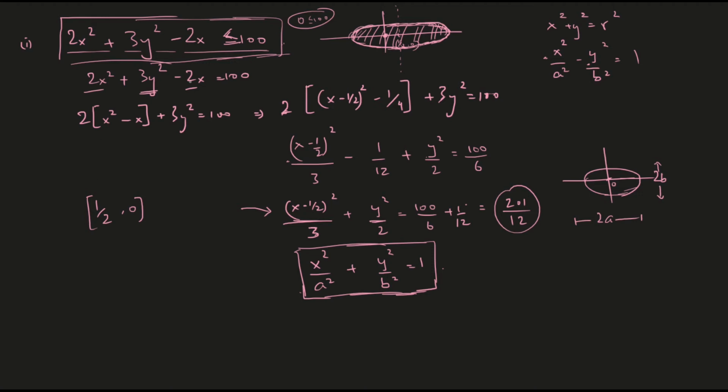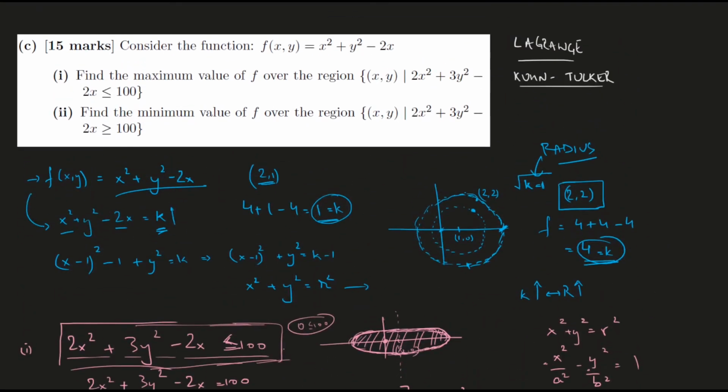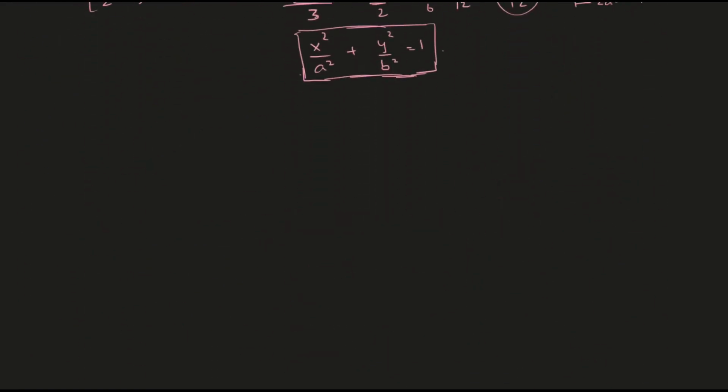Now for the second part, this inequality would flip, and that would mean that for the second part, the required constrained region is outside the ellipse, and of course the elliptical boundary as well. So now we know the shape of our objective function and of the constrained area. So we know both of these things. Now let's talk about the first part again. Let me draw a neater picture for you.